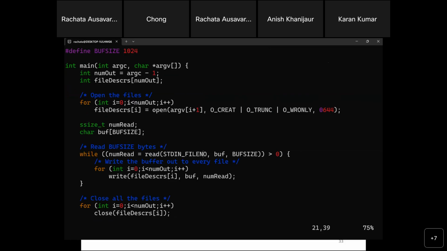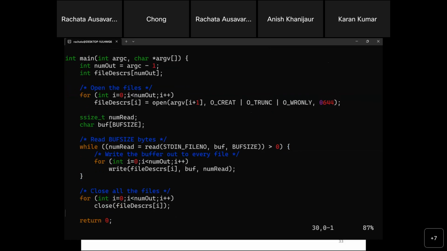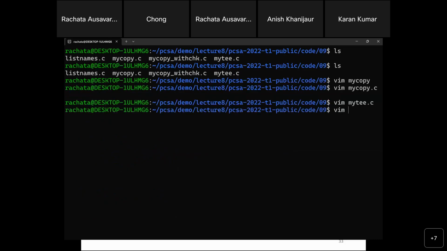These are like static numbers that the computer knows, okay, these are from your keyboard input through the terminal. This is through the terminal. Then write to every file. Afterward you close them. Question? So this is almost like a copy, but the source is your standard input. The destination is actually many files that you list out. Now, the last one is ls, right?